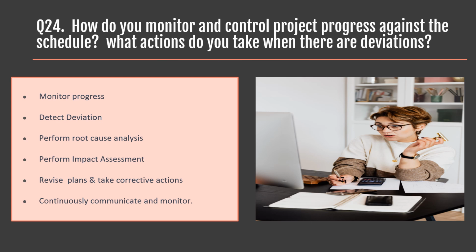and deployment. She then encountered a deviation when the development team reported that the UI design phase was taking longer than expected due to design revisions and technical challenges. This would be a deviation from the baseline schedule. A root cause analysis was done along with the whole team, and they came to the conclusion that there was a delay in UI design due to unexpected complexities in implementing certain features, leading to the need for additional design iterations. The impact of this delay could affect backend development and testing, and the overall project completion date could be